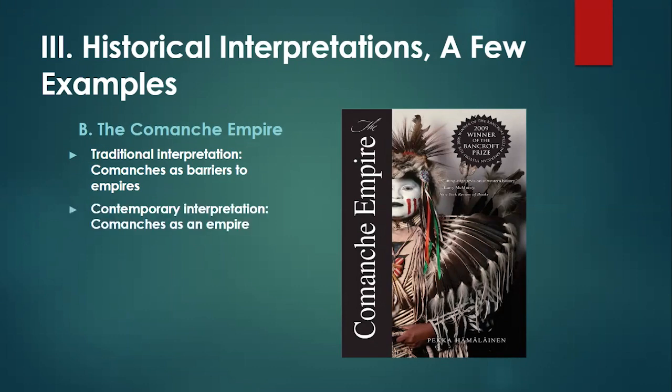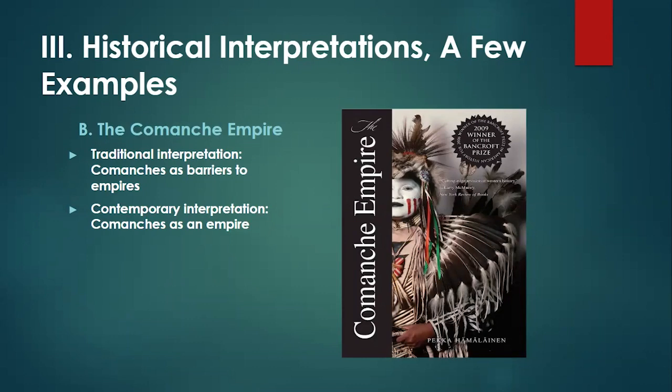But a more contemporary interpretation, proposed by a historian named Pekka Hämäläinen and continued by other historians, myself included, is that we can actually understand the Comanches as a sort of empire for themselves, all right? And that requires breaking past this idea of them being inherently inferior to these European empires surrounding them, right? If we look at, say,